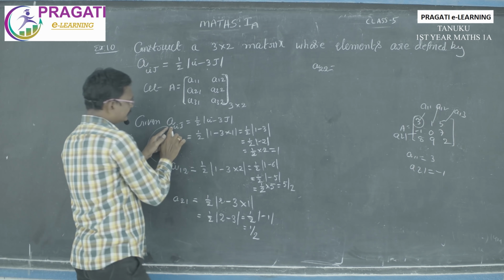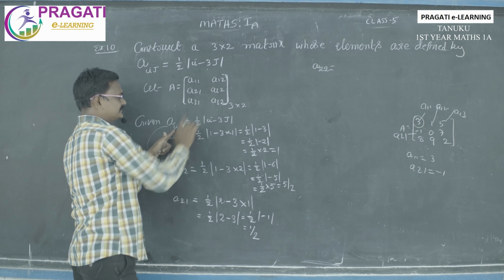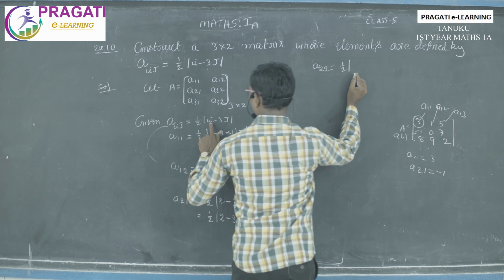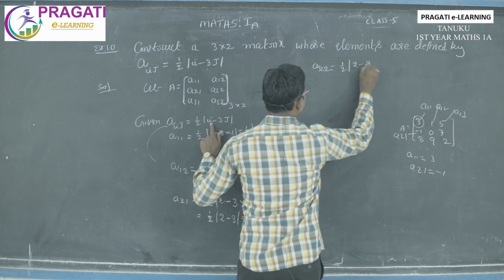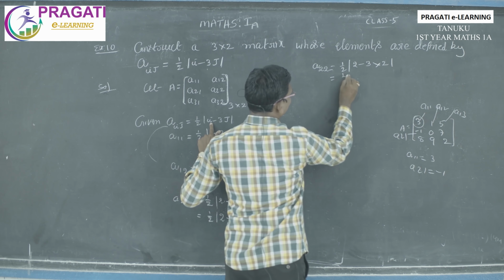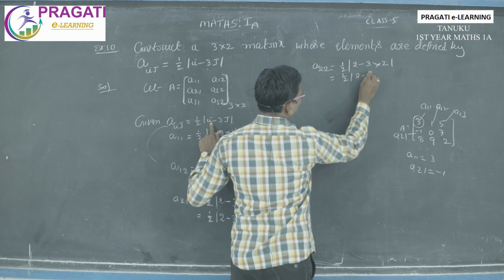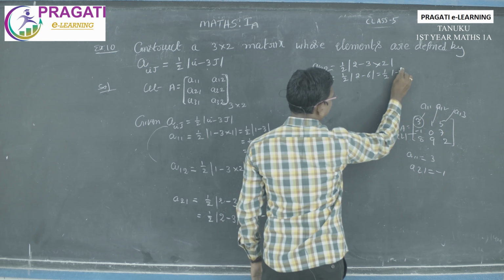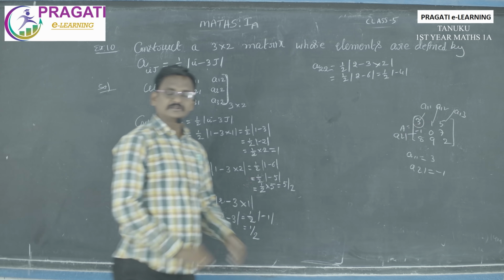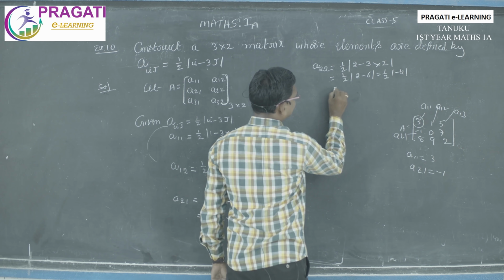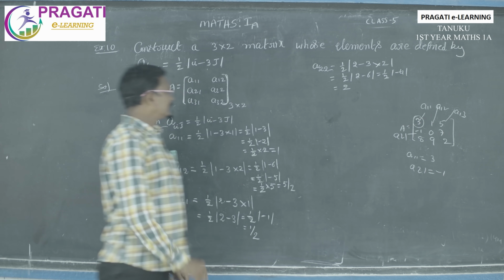A22. So I value is 2, J value is 2. So 1 by 2 into modulus of 2 minus 3 into 2. So 1 by 2 into modulus of 2 minus 6. 1 by 2 into modulus of minus 4. Modulus of minus 4 means plus 4. So 2, here 2 times. That means final answer is 2. And the next one is